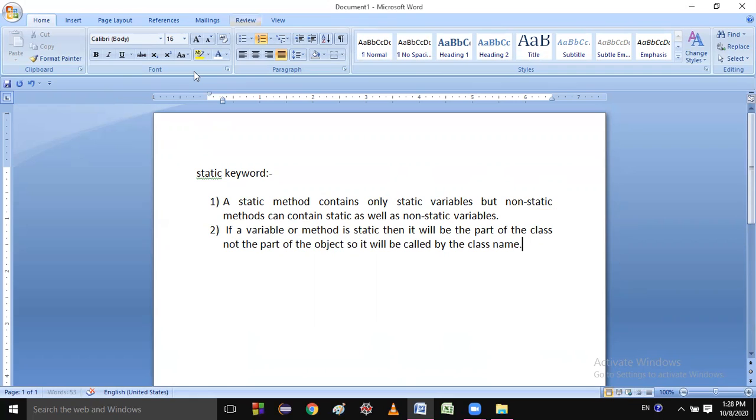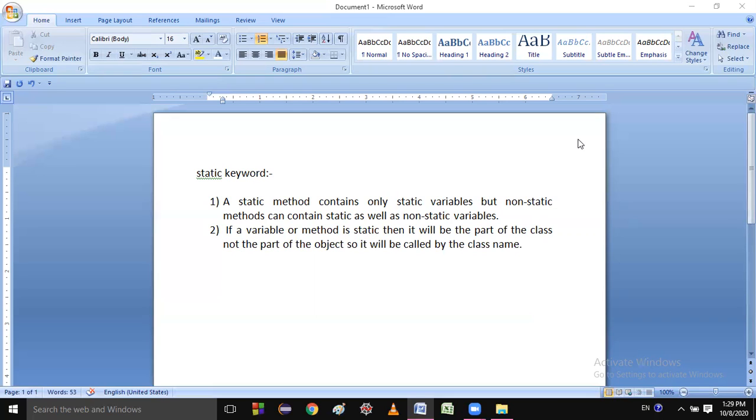A cow can walk, can eat. So these are the actions of the cow. A cow has hair and legs. So these are the properties of the cow.